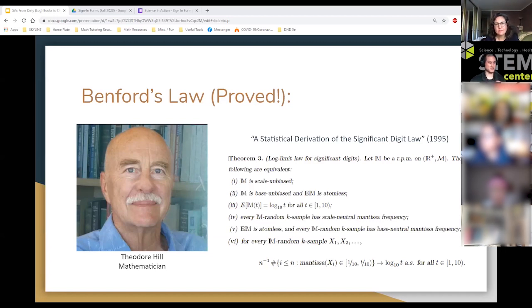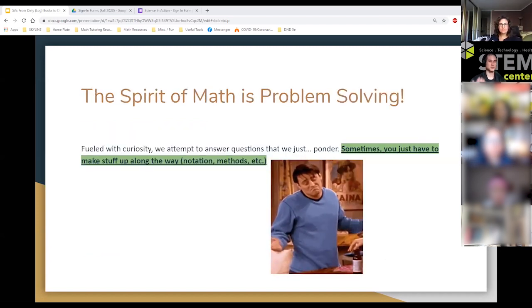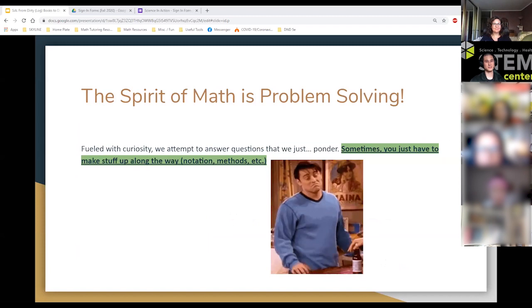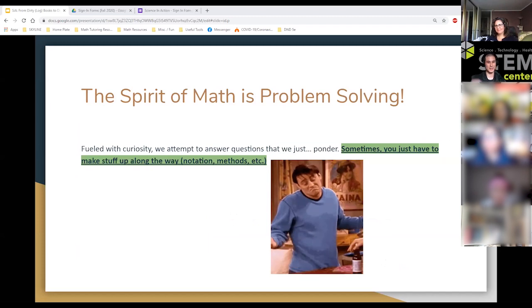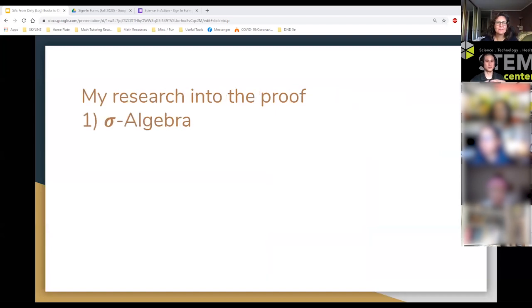And in this kind of attempt, I want to go back to the previous slide, that the spirit of math is problem solving, but sometimes you just have to make stuff up along the way. And the things that Ted Hill had to make up to get to this point was the topic of my research. And so I wanted to dive into this real quickly, right? The first thing that I had to look at in terms of understanding how the heck Ted Hill was able to accomplish this fact was that he started with this notion of a sigma algebra,